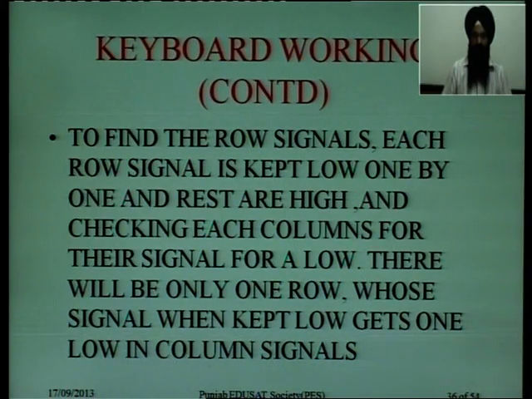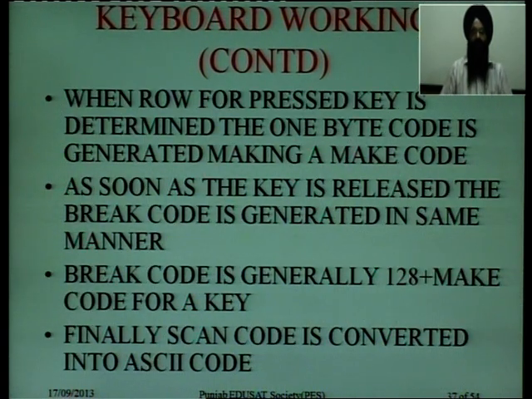Checking each column for a low signal, there will be only one row whose signal when kept low gets one low in the column signal. By this process the pressed key is detected. When row 4